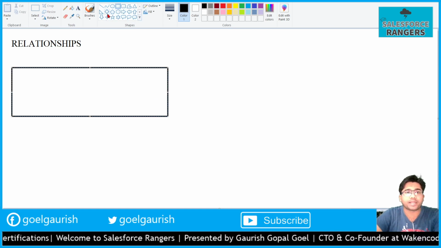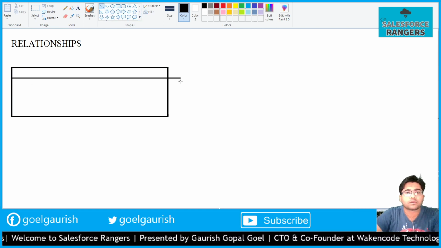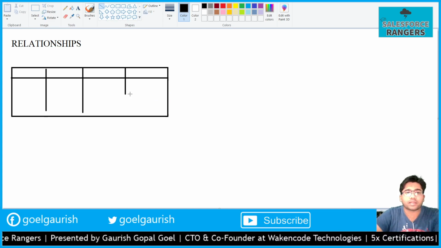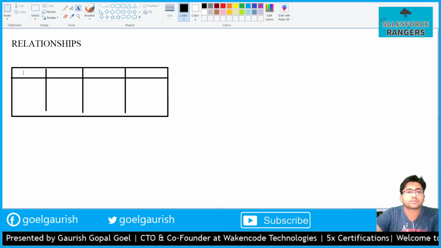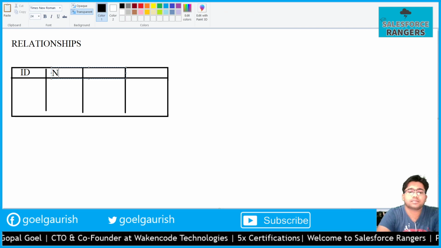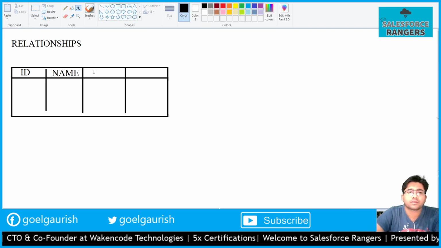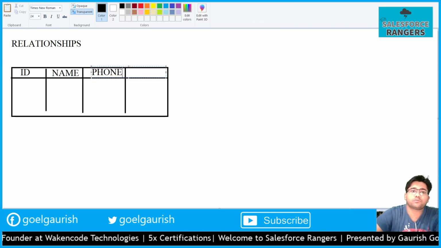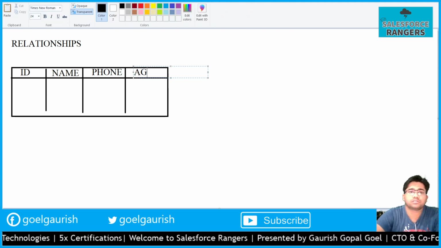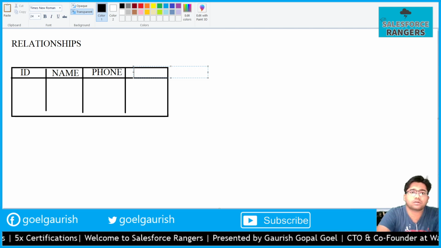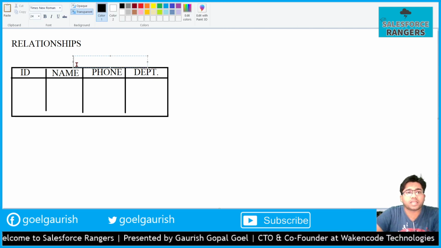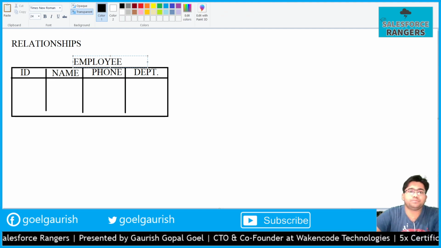Let's create an employee table here. This is my employee table, and my first column is ID, second column is name, third column is age, or department. The table name is employee.